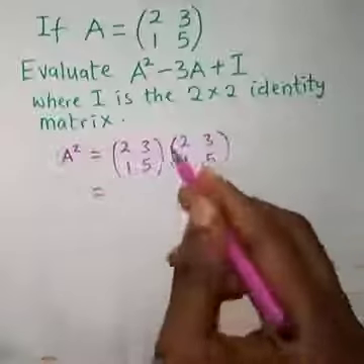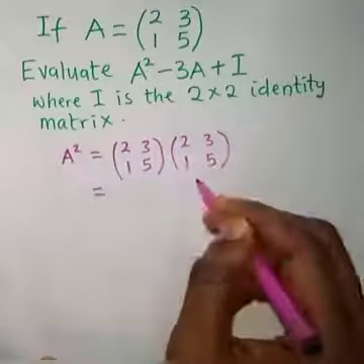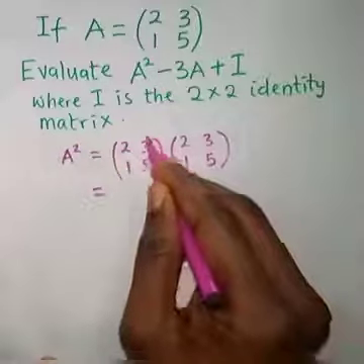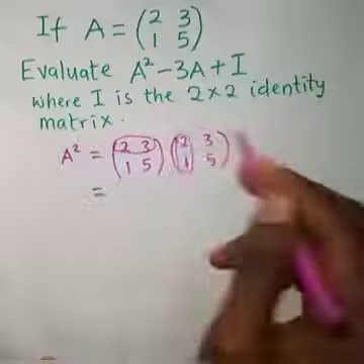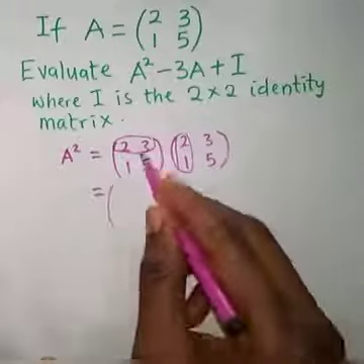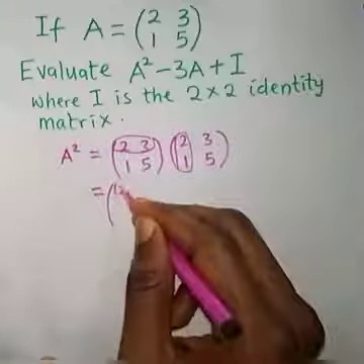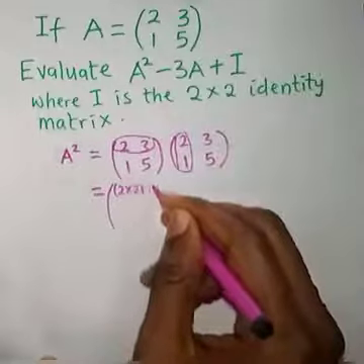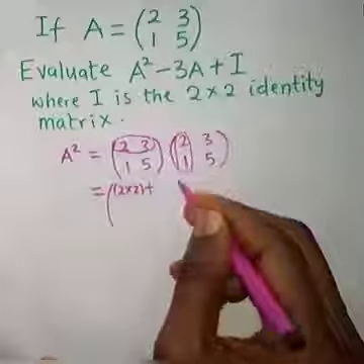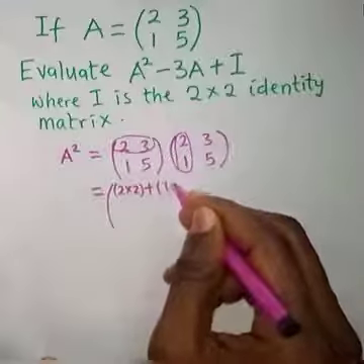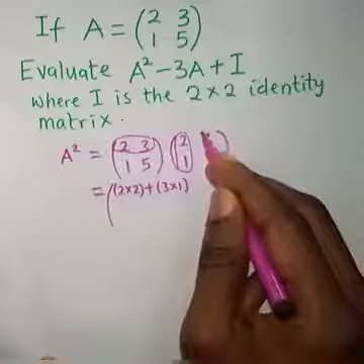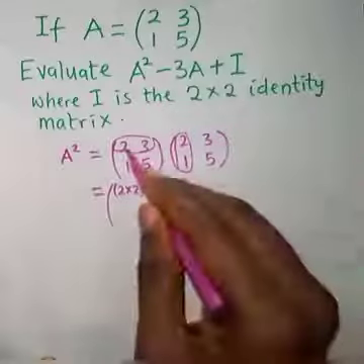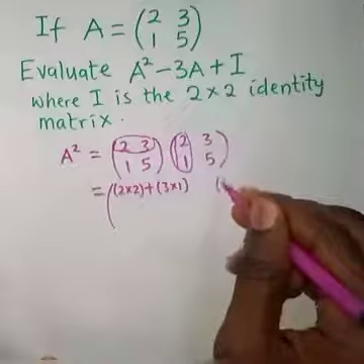To carry out this matrix multiplication, we multiply the first row by the first column, and that gives us 2 times 2 plus 3 times 1, and then here we have the first row times the second column. So we have 2 times 3